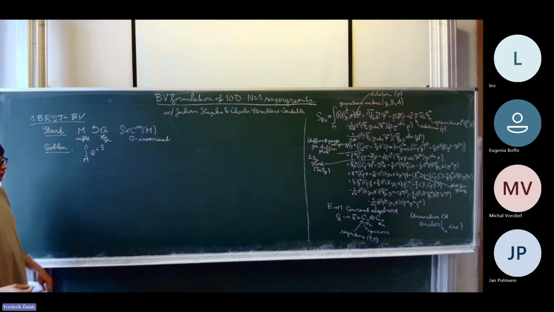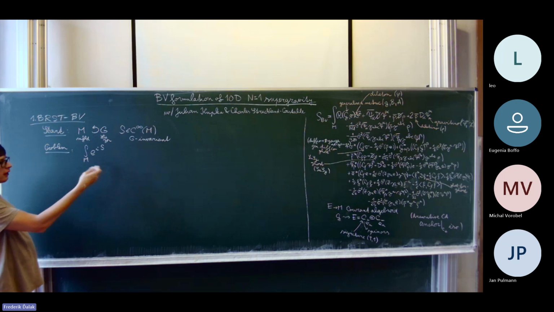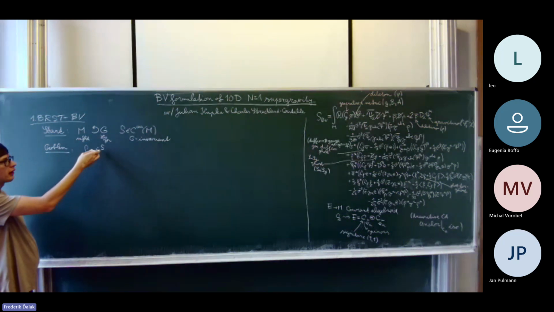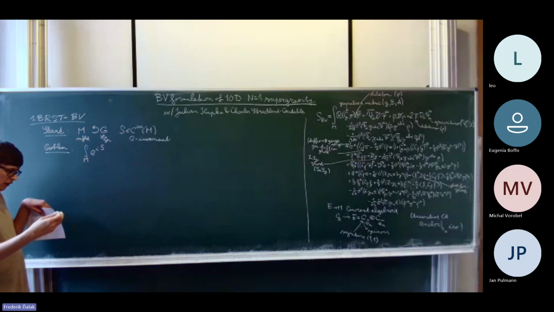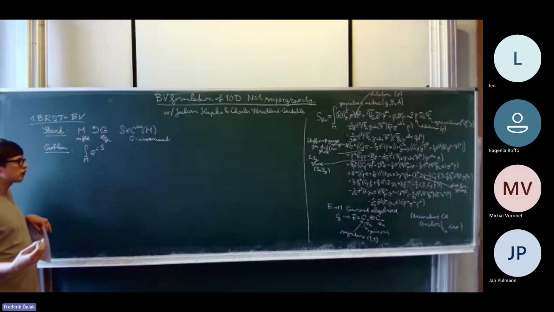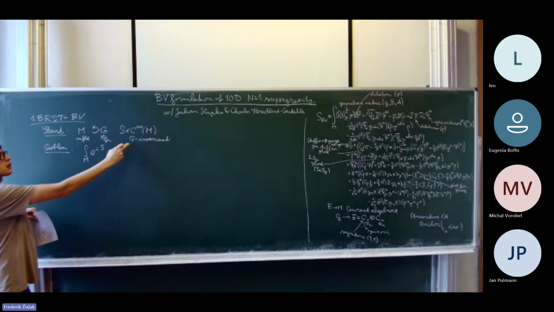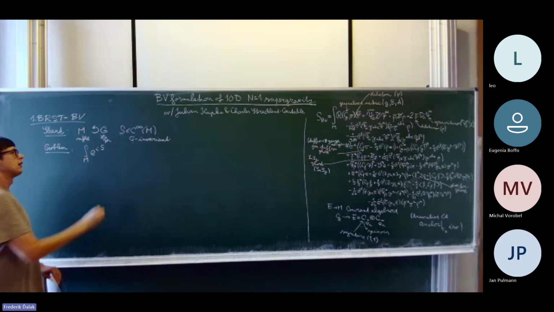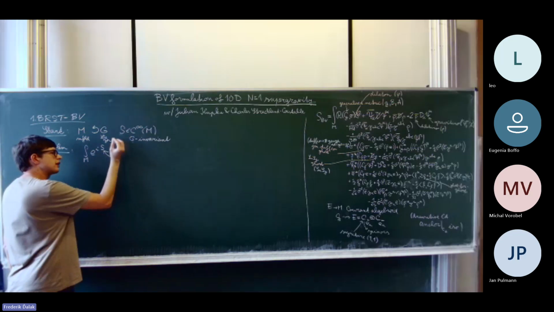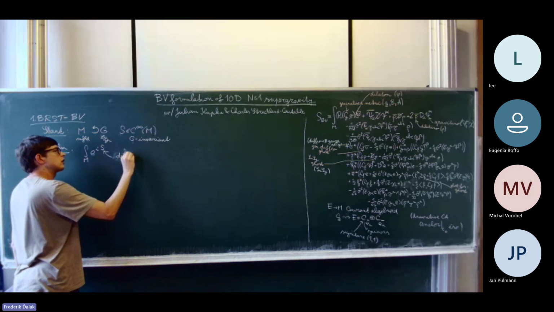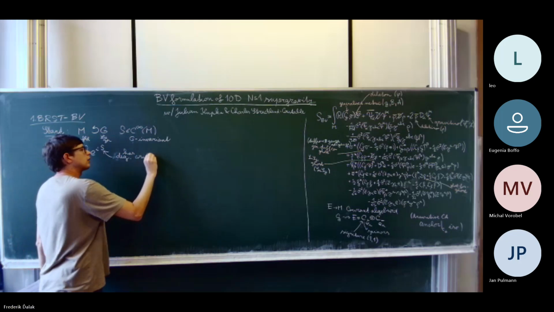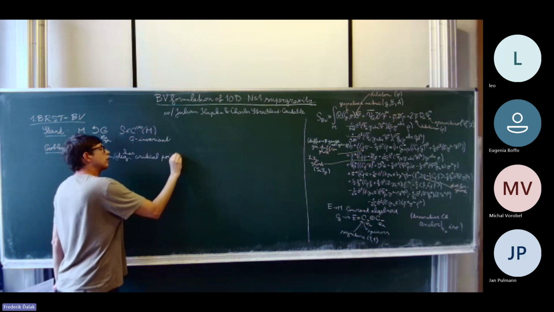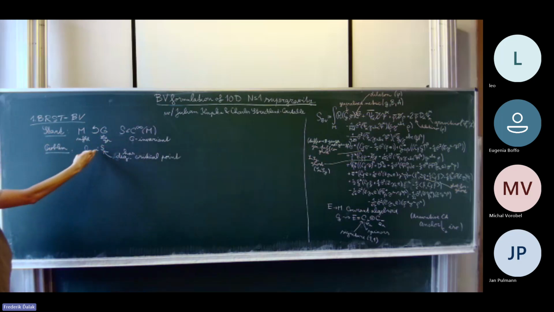But the problem is that you want to do it perturbatively, but it's hard. If you want to do it perturbatively, then the standard approach is that you need to take critical points of this and expand around it, and that critical point had better be non-degenerate. But here it is generically degenerate, because this action is G invariant, so the critical points will form G orbits, which are typically not just points. The problem is that it has degenerate critical points. Hence, you cannot just use the usual lore, which is to take a critical point, expand around it, look at the quadratic part, invert it. That's the propagator, and then you just stop with it. So you cannot do that.